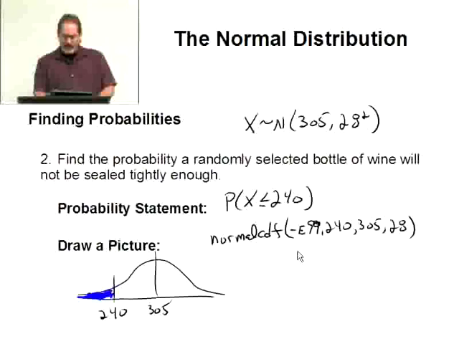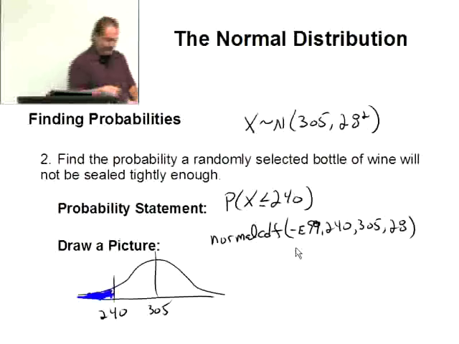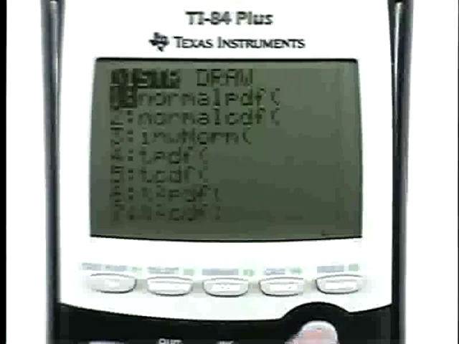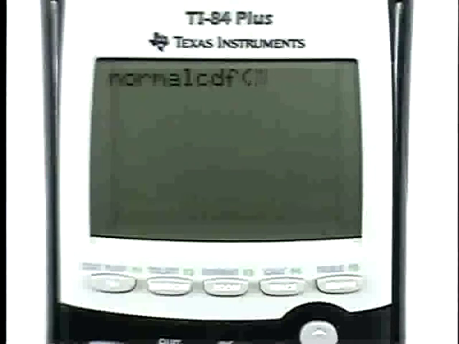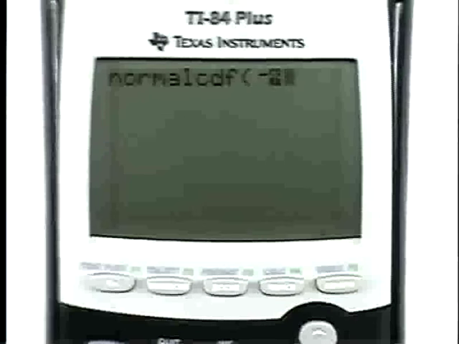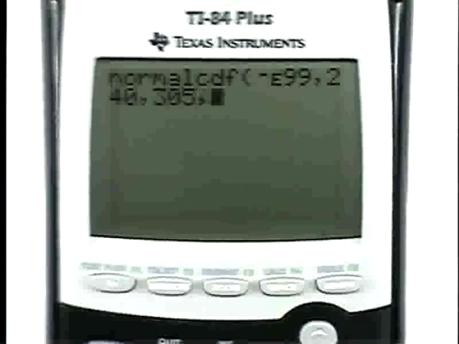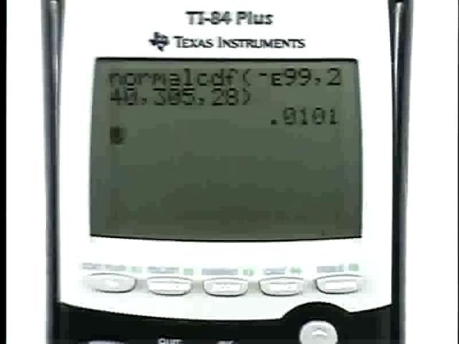So, in my calculators, I use the negative key, which if you look down at the bottom, you'll see a negative in parentheses. That's the negative key. That makes a negative number. The minus sign on the right-hand side is actually subtraction. Your calculator differentiates between those two operations. So let's take a look. I'm going to clear this, go back to second distribution, normal CDF, option 2. Hit the negative key, then E99, representing negative infinity, up to 240. 305 is the mean. Standard deviation is 28. Hit enter, and it's